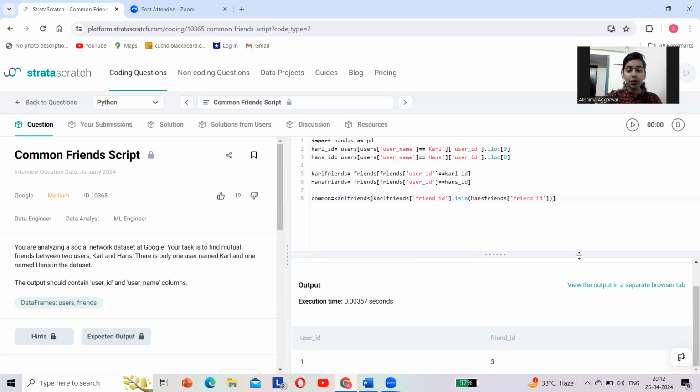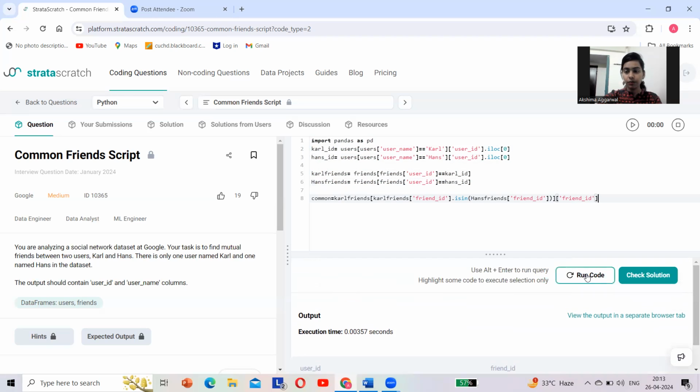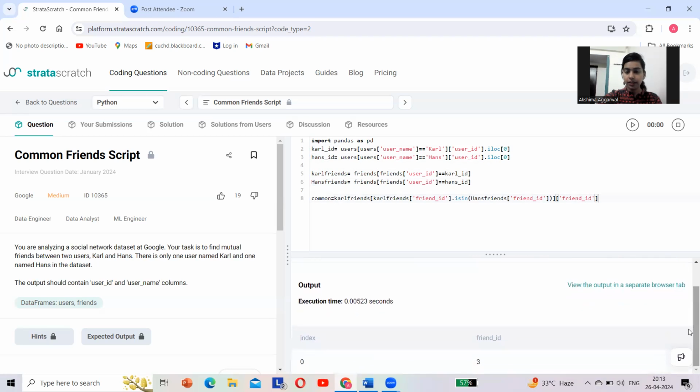Now what do we need from here? That is only the friend ID. So I'm going to write here the friend ID. Okay. Now what will be the value? That is friend ID. Okay. Now, but the output consists of user ID and username. So we have the ID. We are going to pass it in the users table to find out the user ID and username. Okay. Now next,